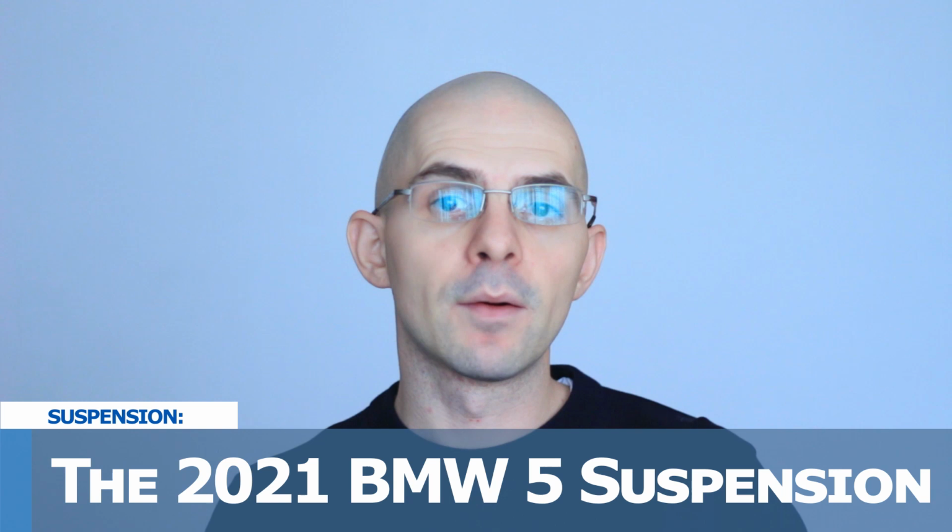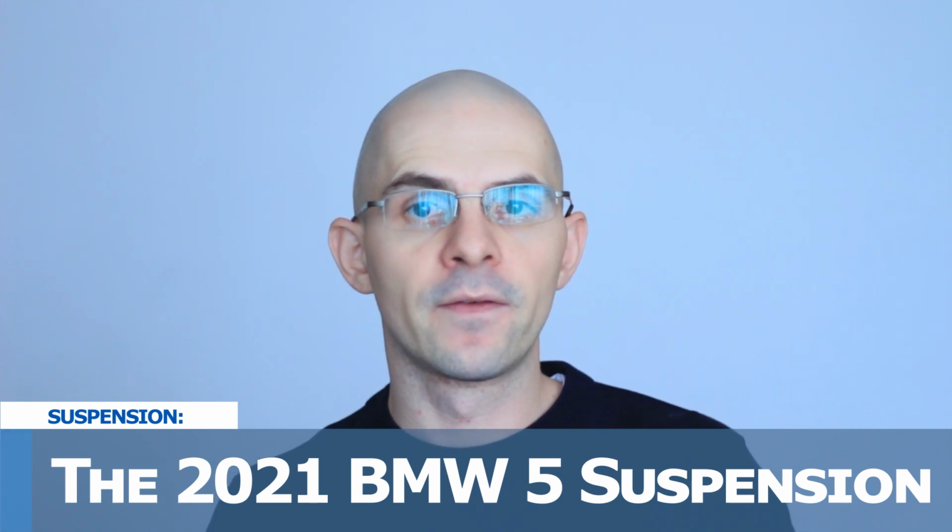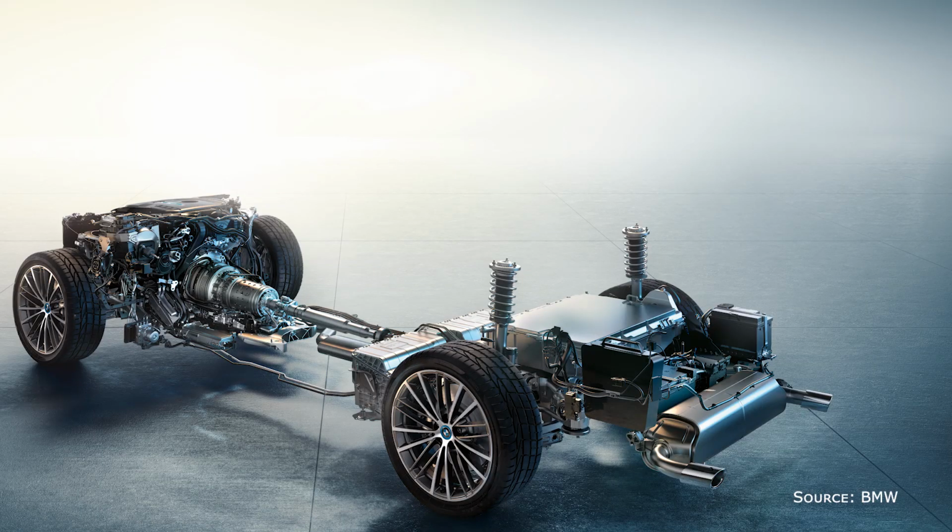The 2021 BMW 5 Series sedans have double wishbone front and 5-link rear suspension. The suspension is wide-wheeled and tuned in a way to prevent road bumps from disrupting the steering and to isolate the body. The M Sport suspension is part of the optionally available M Sport package. The M Sport suspension lowers the facelifted 2021 BMW 5 Series by 0.4 inches and thus provides an even sportier